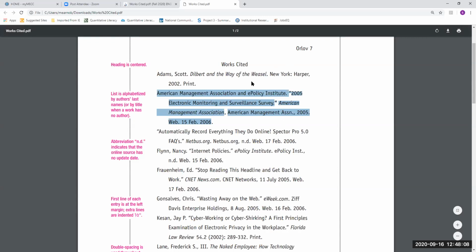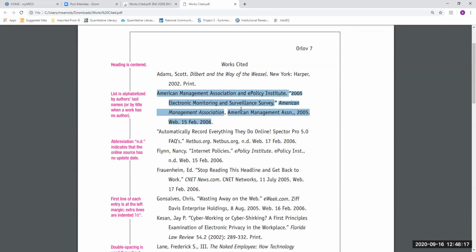Now, the thing about this is that the formatting is kind of particular. You do have to format works cited entries in a very specific way. So I'm going to come off of screen sharing right now. And this is where you'll really want to have your textbook handy. If you don't have your textbook right in front of you, jot down these page numbers so that when you